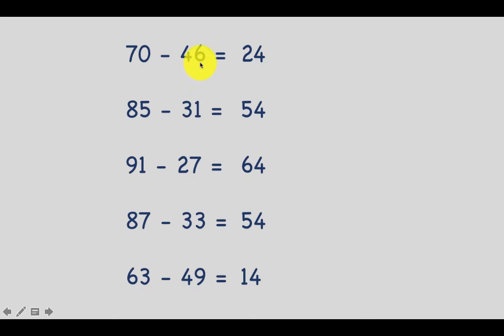For example, 6 is 6 more than 0, 7 is 6 more than 1, and 9 is 6 more than 3. Understanding this pattern opens up the possibility of using partial differences to solve all 2-digit subtraction problems, even those